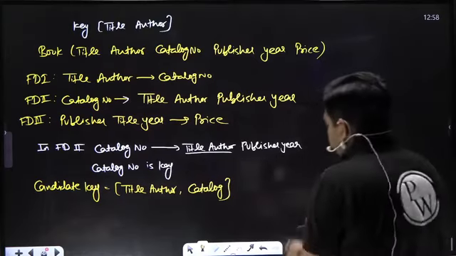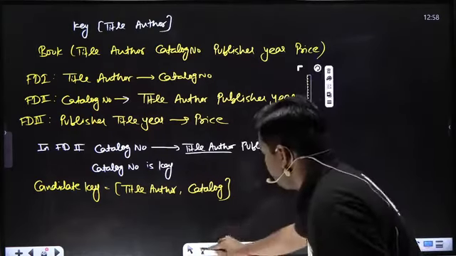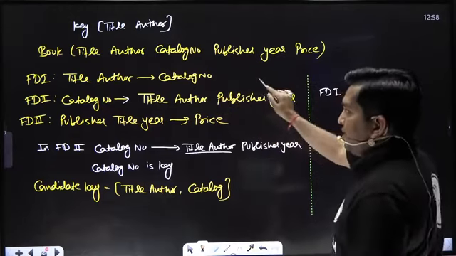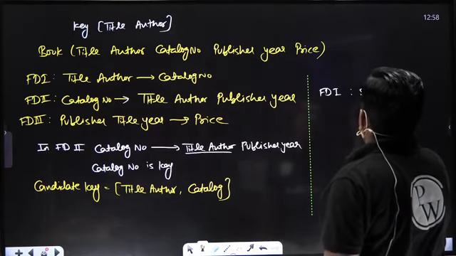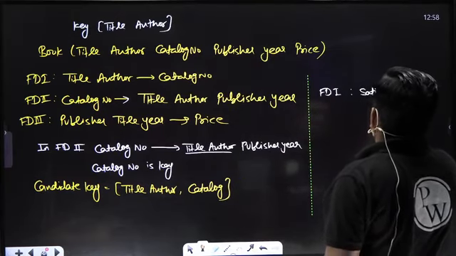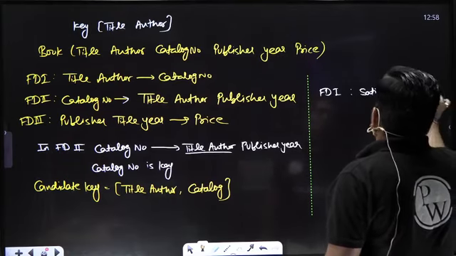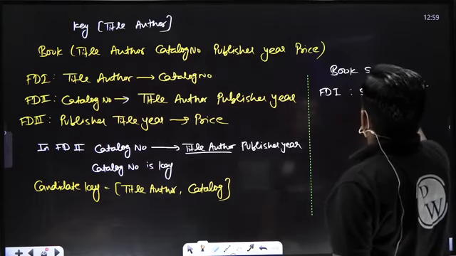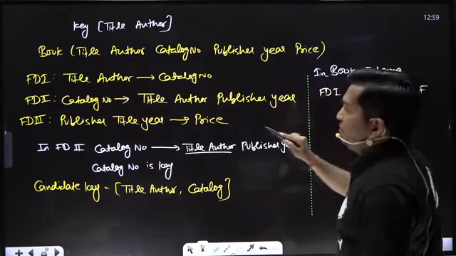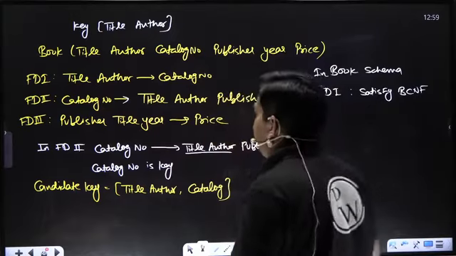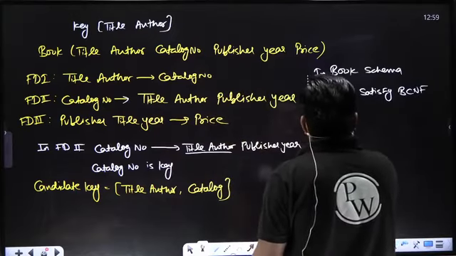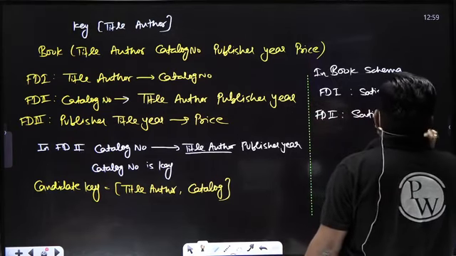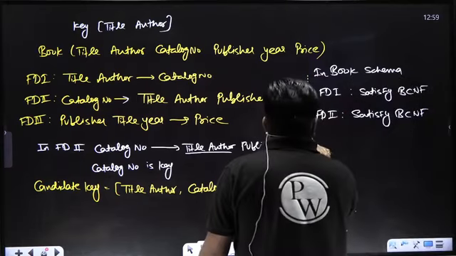Here, FD1: title, author determine the catalog number. Is it in BCNF? Yes, it satisfies BCNF in the book schema. FD1 satisfies the BCNF definition. FD second also satisfies the BCNF. But if I'm talking about FD third,